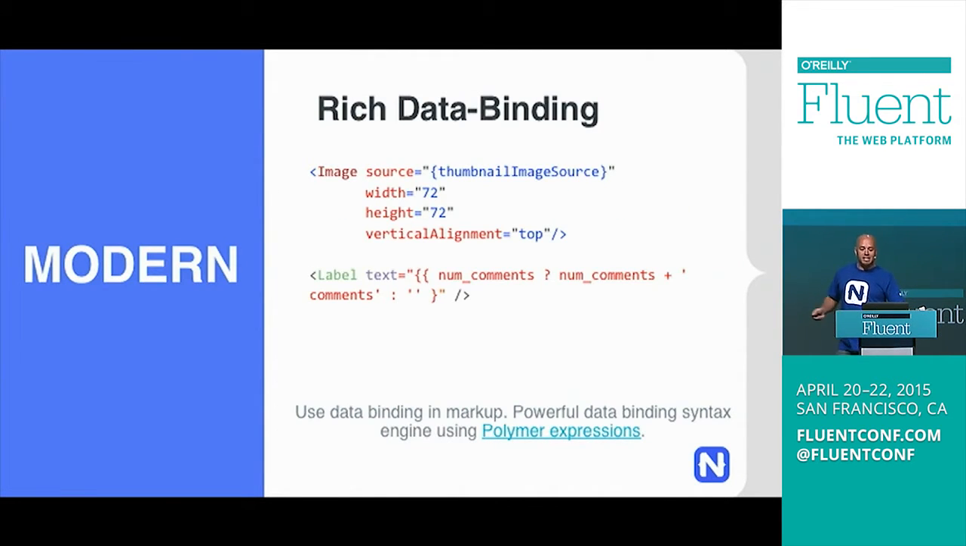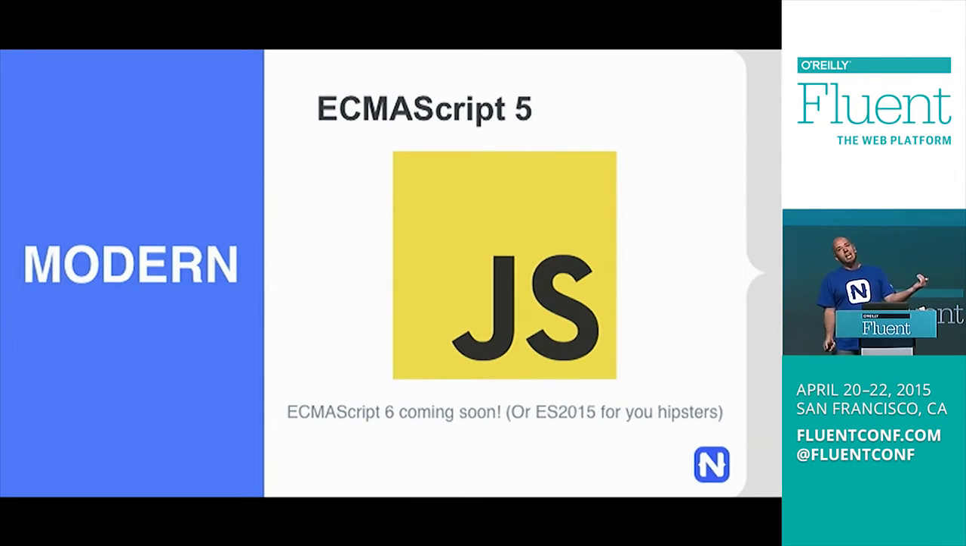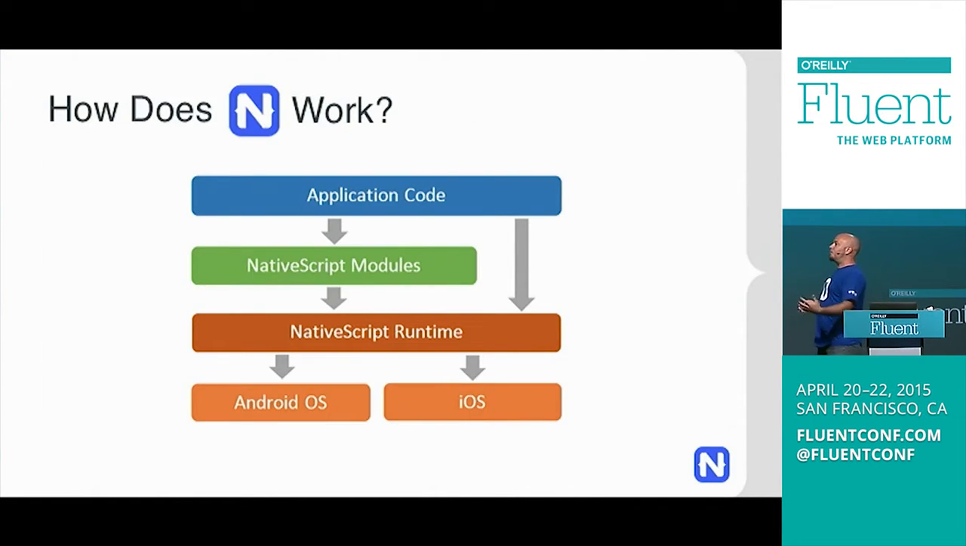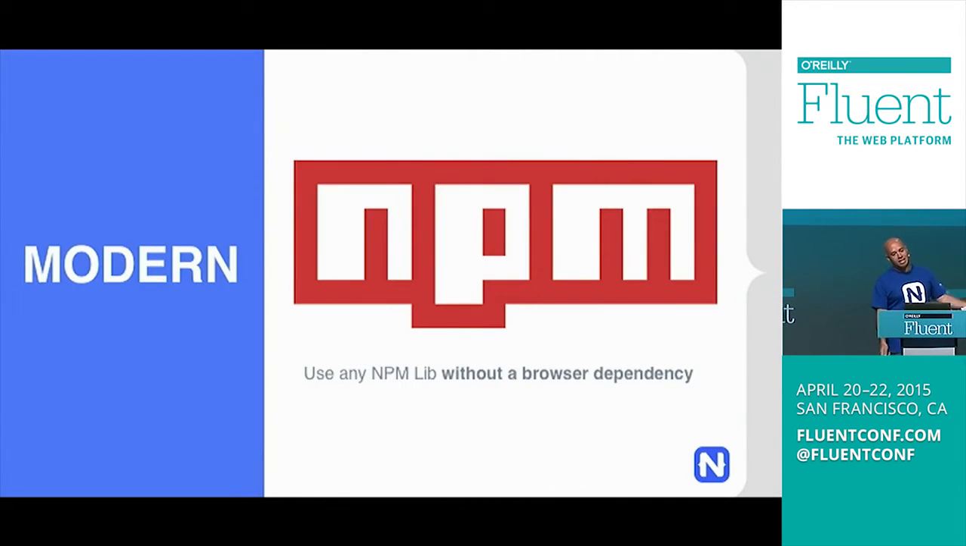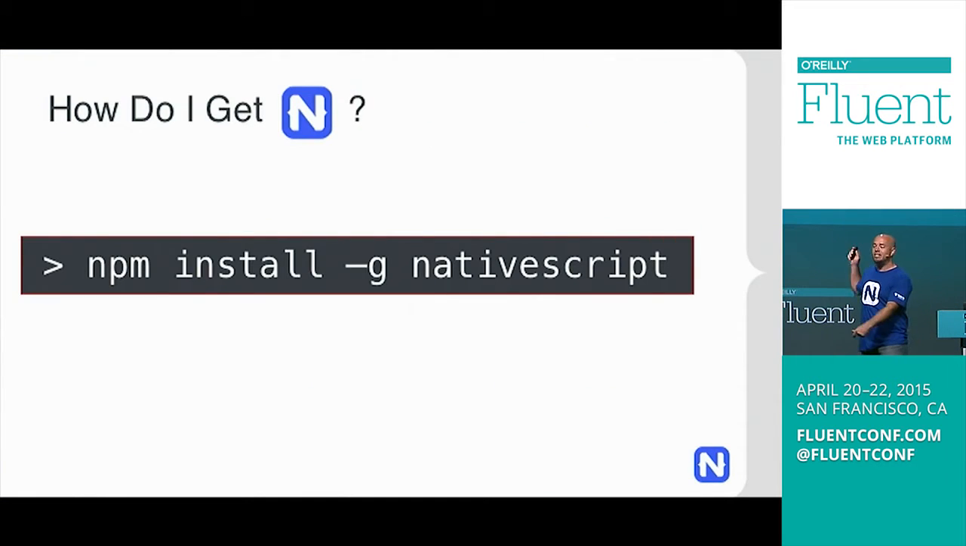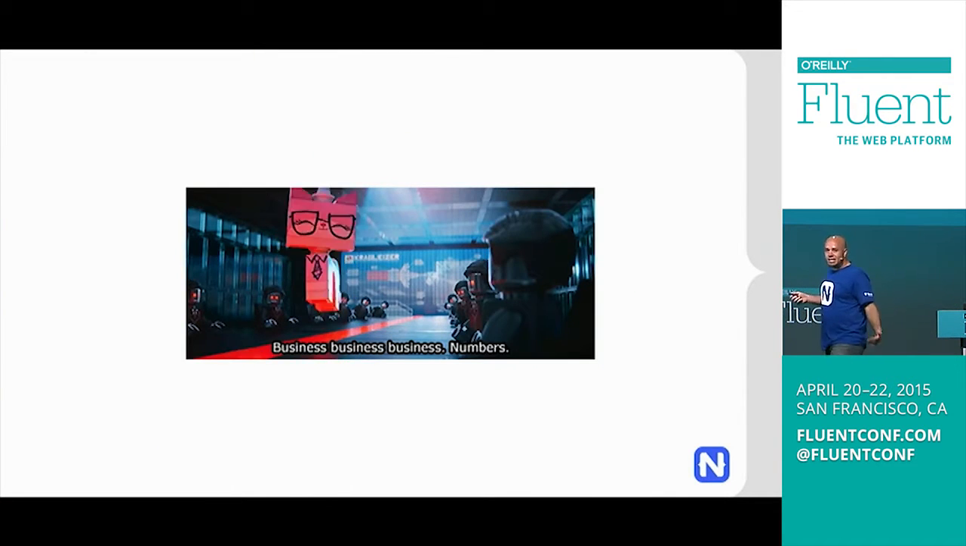And then I'm going to talk about how there's data binding, and there's CommonJS, and standards-based CSS, and people are going to go crazy, and ECMAScript 6, and TypeScript, and this visually appealing yet somewhat confusing diagram that's supposed to show you how the thing actually works, or the fact that you could use NPM to pull in libraries, or the fact that you have 100% access to native platform APIs, or what about how easy it is to install, or you can use it with any IDE. But at this point, I feel like I'm like, business,